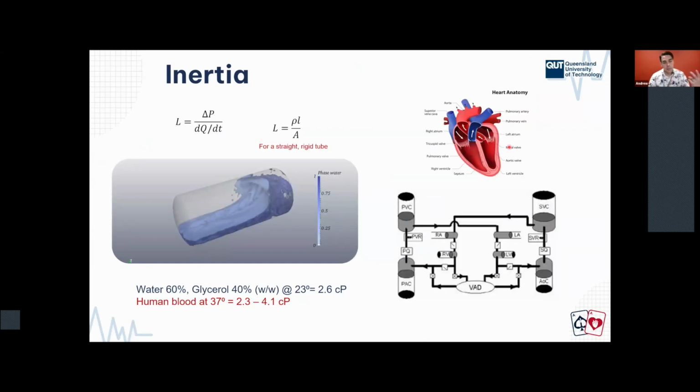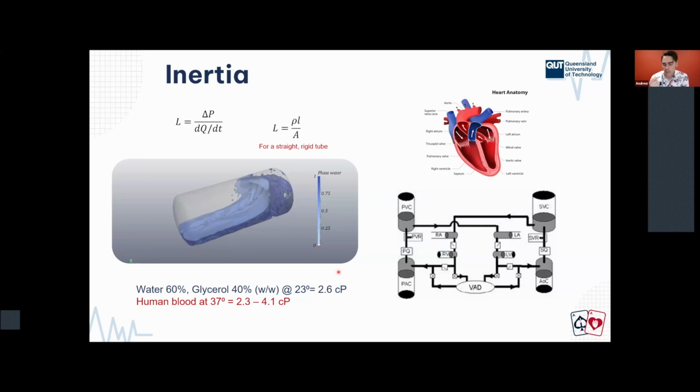So inertia is the other element we talk about. Inertia is about the acceleration of the fluid and how much force it takes to accelerate and then decelerate the fluid. Mathematically, we talk about it as the change in pressure over the change in flow with change in time. For a straight rigid tube, this can be simplified as rho, the density of the fluid, multiplied by the length of the tube over area. So the way that we simulate this in our mock loop, one of the key important elements is